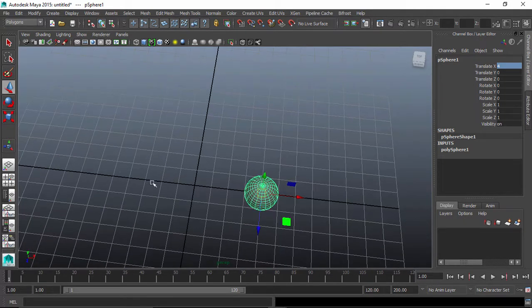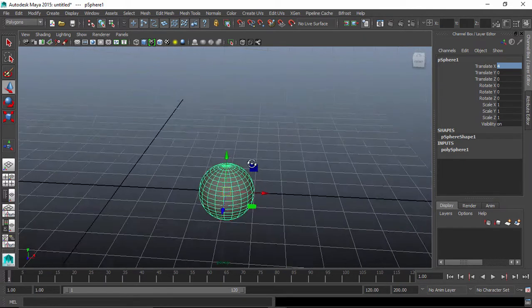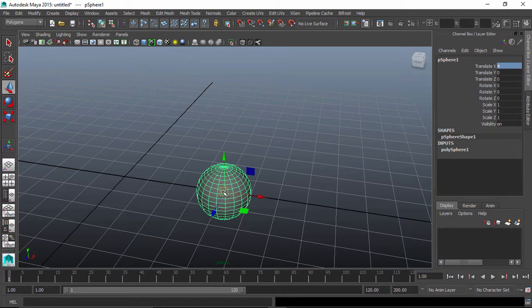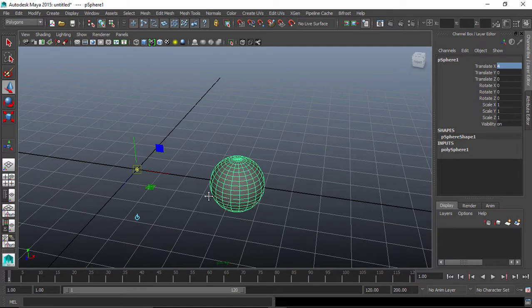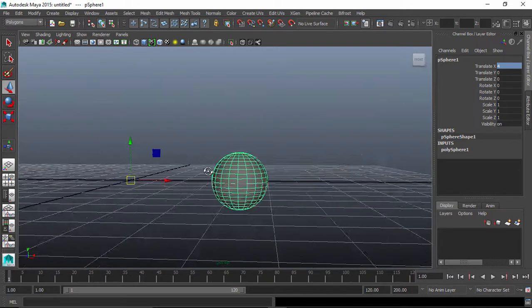in a circular way. So we need to set the axis manipulator to the center of the grid. For that, click on the Insert key, and by pressing X, snap to the grid, and then press the Insert key again, and